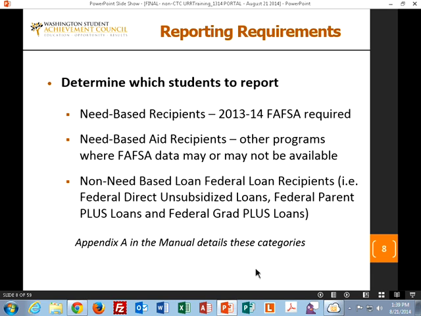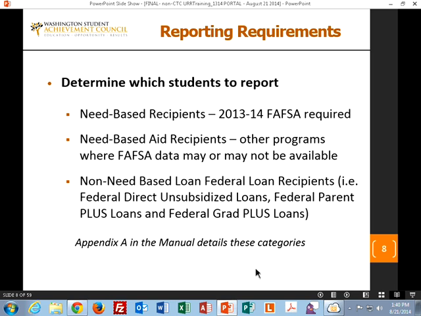In determining which students to report, I mentioned all those that are need-based recipients. Certainly if a FAFSA was required, such as a Pell Grant, State Need Grant, College Bound, and so forth, you're going to report all those students who received assistance. There's also a series of other need-based aid recipients for programs where FAFSA data may or may not be available.